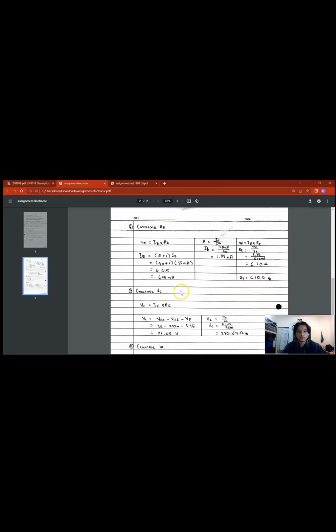For the sixth question, calculate RE. Using the formula VE equals IE times RE, RE will be 6.1 ohm. For the seventh question, calculate RC. After all the calculation, I get RC equals